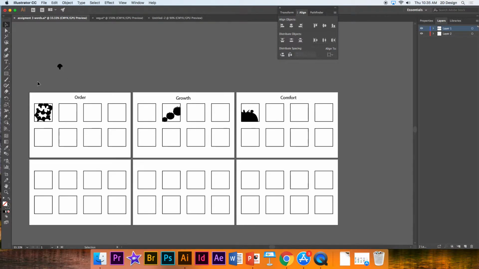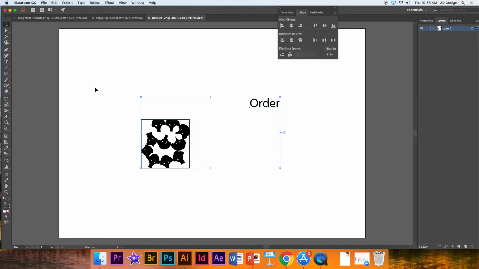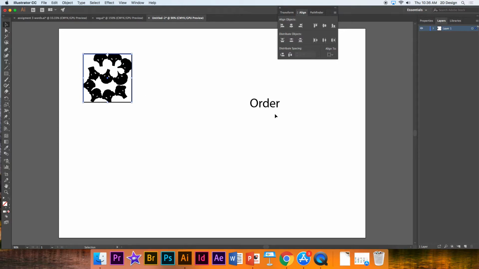All right, so let's say this is my lovely order one, and that's the one I want. I select it, and then I hold down the Shift key and I select the name. I Command C, and then I go over to my untitled board and Command V to paste it. Now I want to do the same stuff in terms of aligning it. So the first thing I'll do is get a general alignment. I'm going to first group that, object group or Command G, and I'm going to move that into where I think it should be. I'm going to grab order, I'm going to place it over the top,